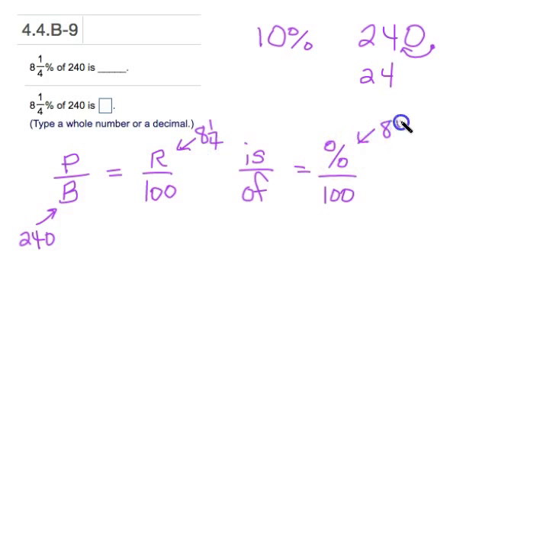Again, because it's a percent, that's going to go in here as well. 8 1/4% of 240, so the 240 would be our of, and the is is blank. We don't know the is. This is our question mark. With this version of the formula, this is the part of the whole that we don't know. So this is not a percent, it's the number out of 240 that would represent 8 1/4%. Either way, whichever version of that formula you use, you'll get the same thing. We're going to have x over 240 equals 8 1/4